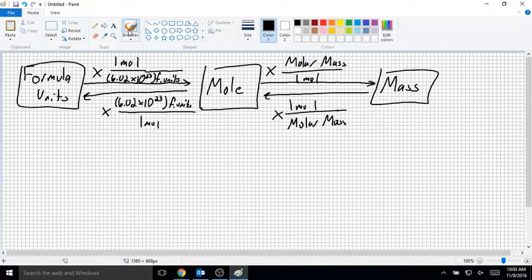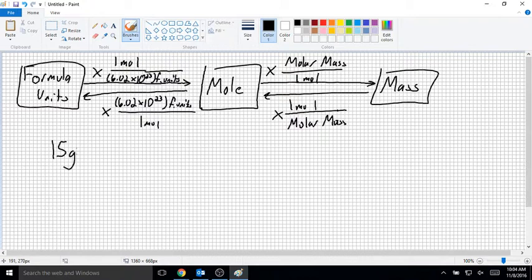So in this case, let's say the big goal for today is to be able to convert from formula units all the way over to mass, or the other way around. So the arrows on our conversions are going to be important. So let's say that we're working with